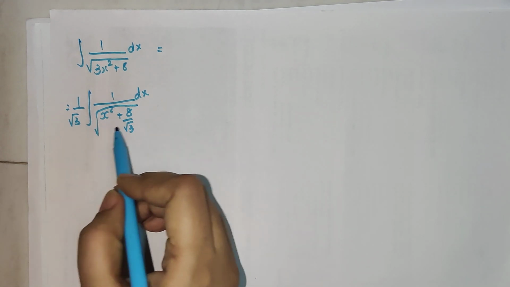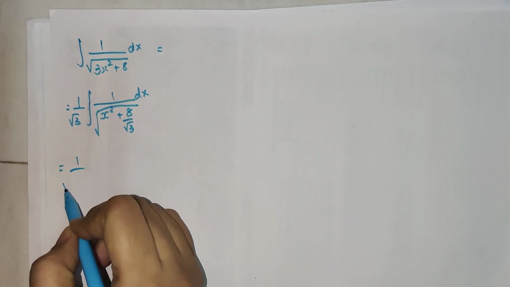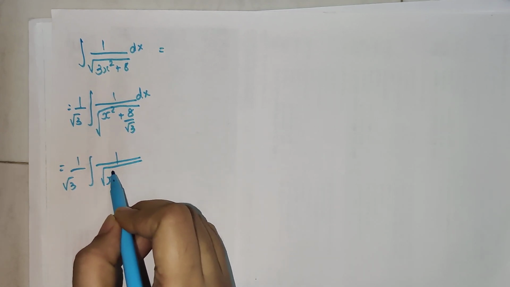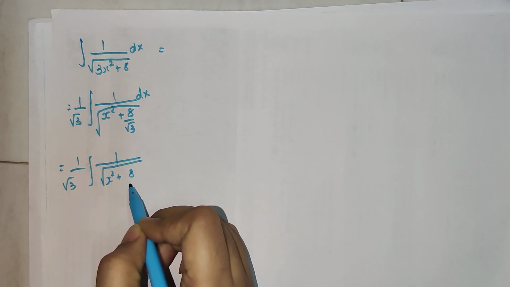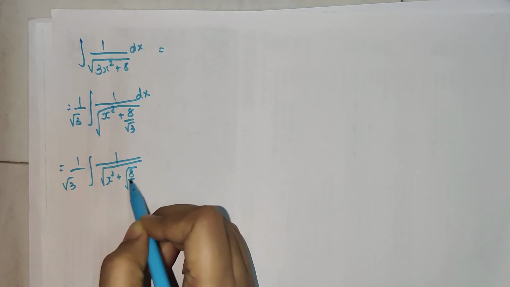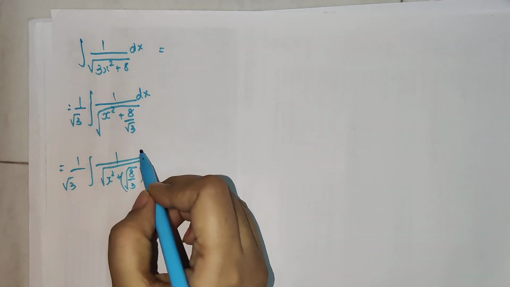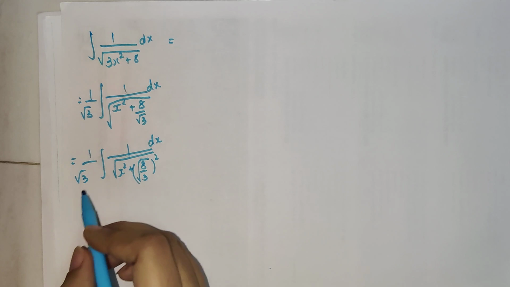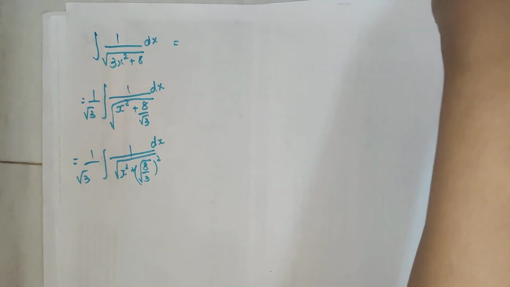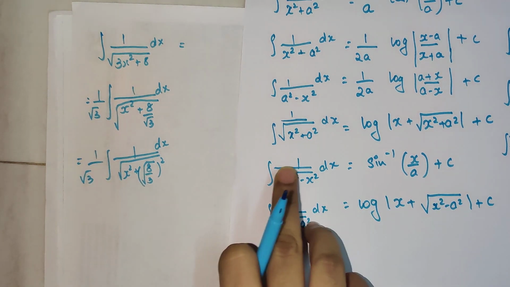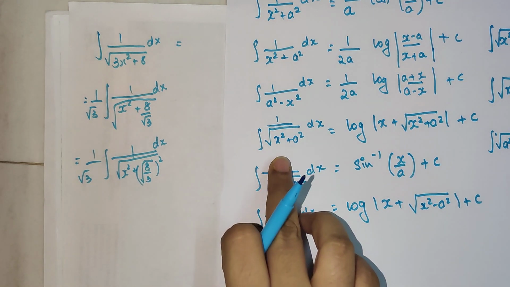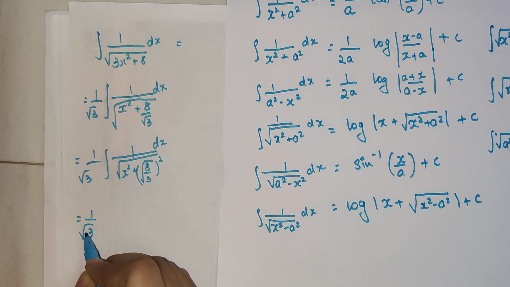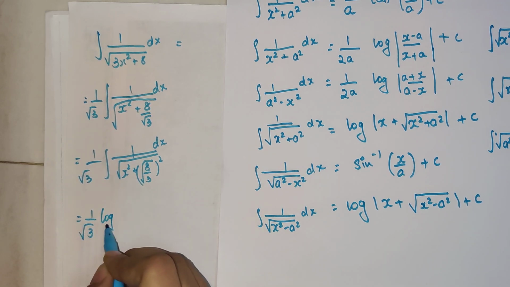Now here, can I say that this can be written as 1 upon root 3? I want it in terms of x square plus a square, right? So x square plus 8 upon 3 under the root, the whole square, right? Now it's very, very simple. Your final answer will be just applying the formulas, and here it is of the type 1 upon root of x square plus a square. So here my final answer will be 1 upon root 3 into log mod